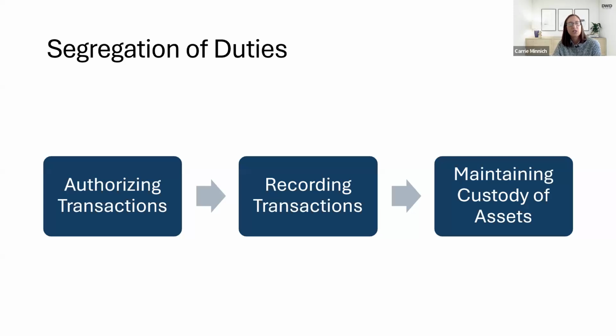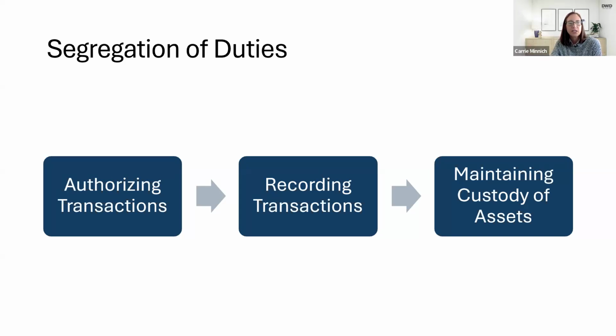Now, we don't necessarily think that you should go out and hire 8 more people to add to your accounting staff, because obviously if you had the funds to hire 8 more people, you're not going to hire them into your accounting staff. They're going to go to programming. But what we need to think about is what segregation of duties is, and how, with the people that we have, we can segregate duties as much as we can.